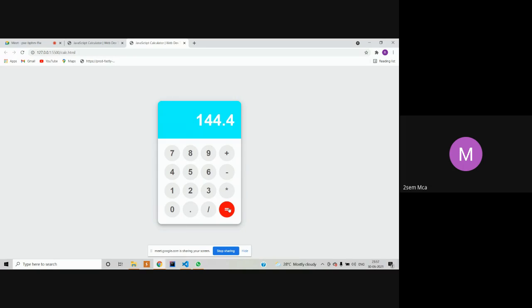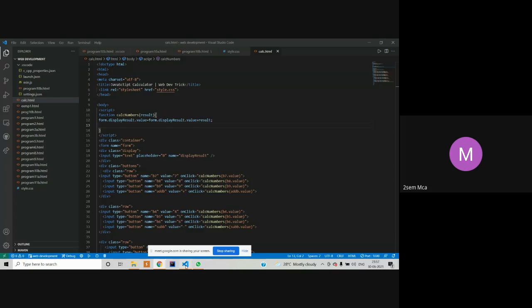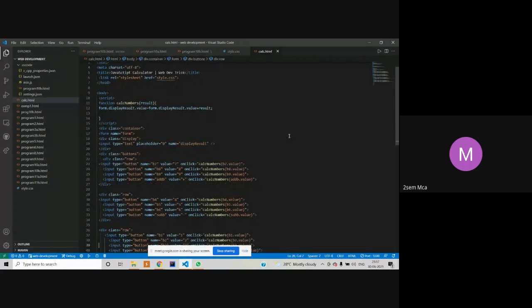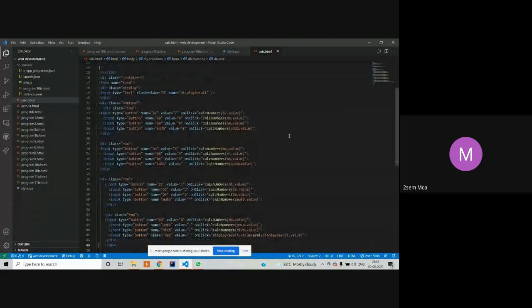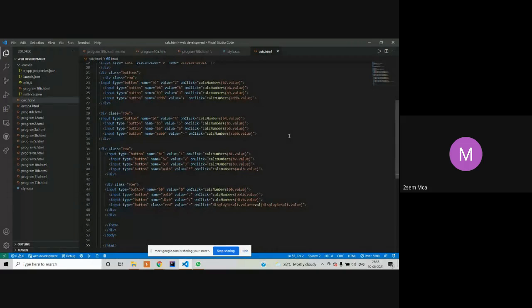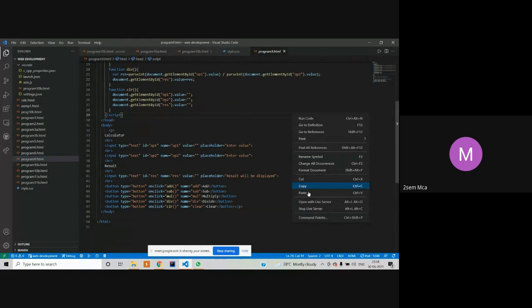Can you show the code? Yes, this is also correct, but according to the program they have asked, content beyond the syllabus you can show.